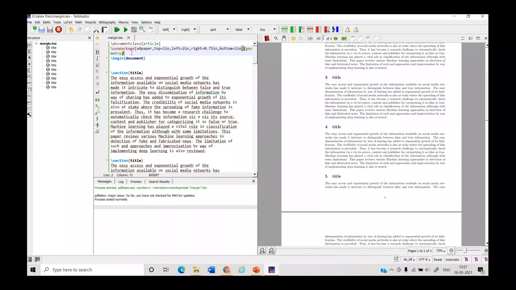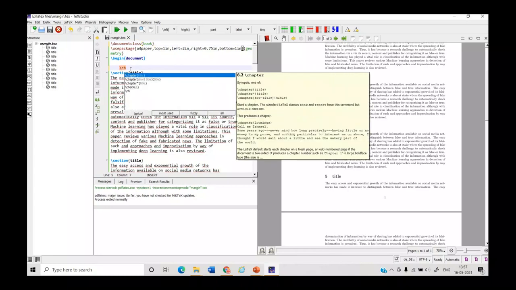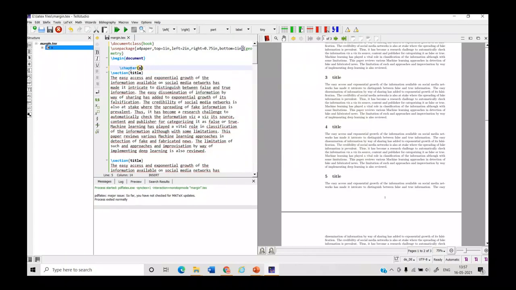Now, first of all, as we are talking about a two-sided document, we have to change this article to book. Second, we have to add chapters also. That's why I'm going to add a chapter with a title like overview, because a book contains chapters.